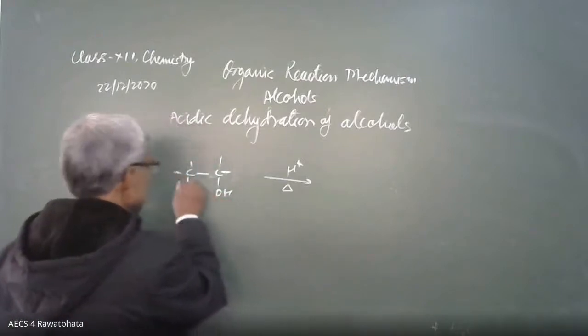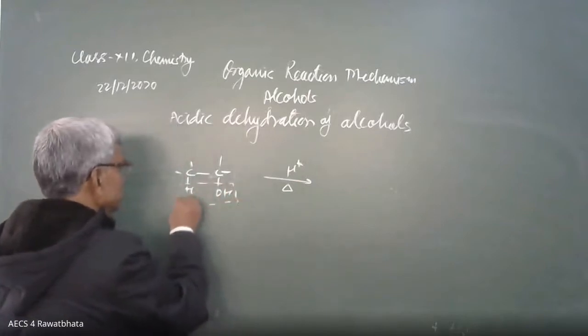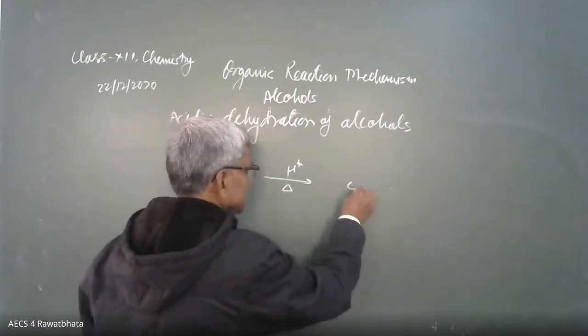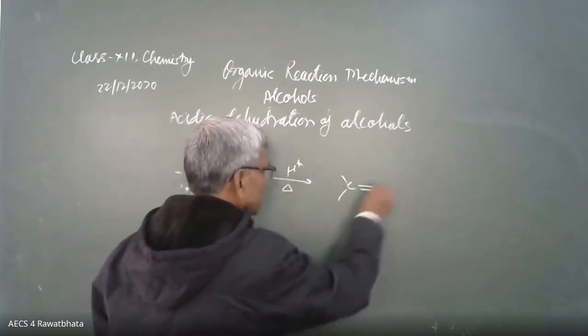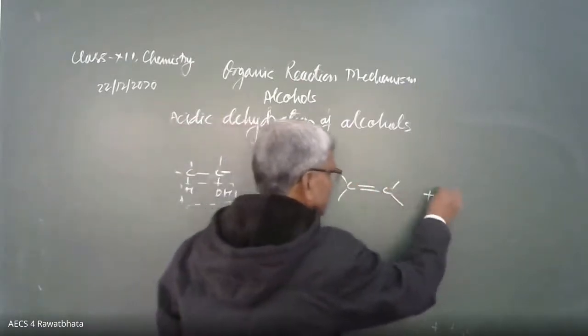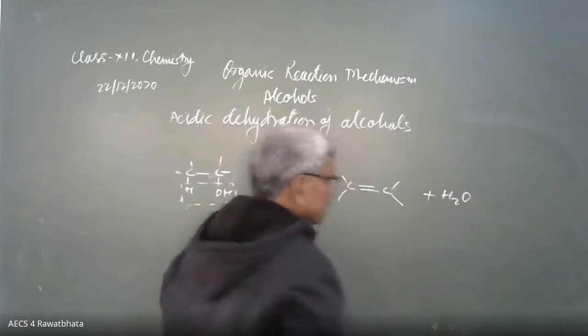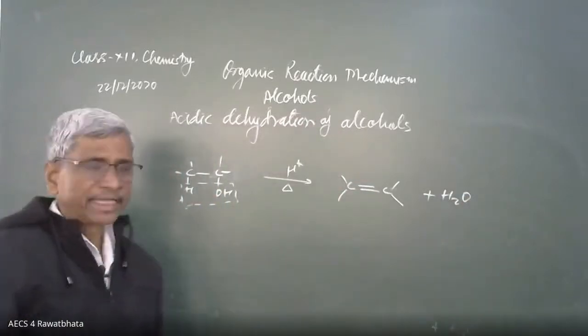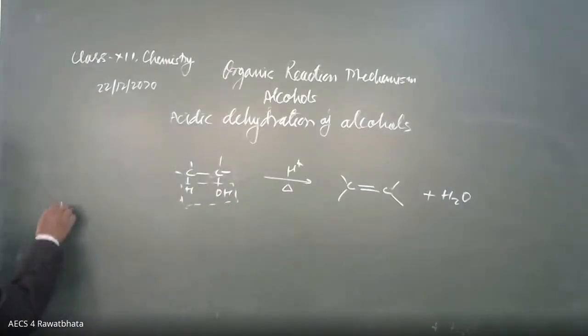This is the reaction. H and OH come out from the alcohol and form C double bond C, an alkene, plus H2O. This is the acidic dehydration of alcohol. What is the mechanism? Its mechanism is